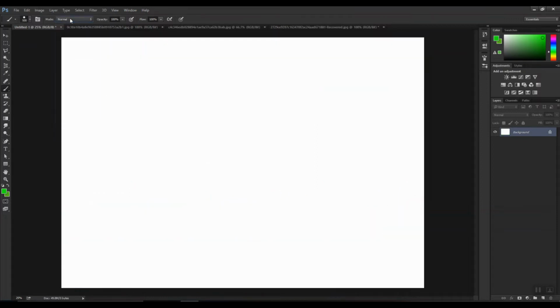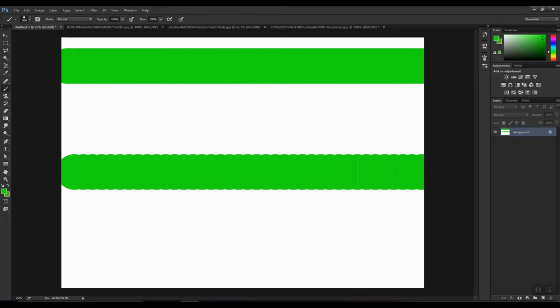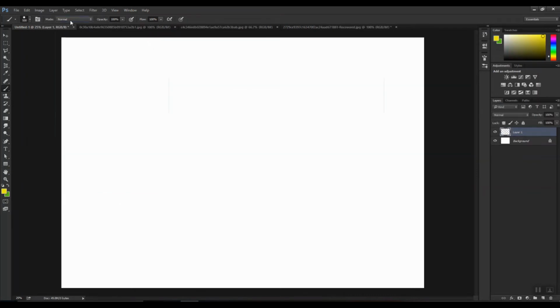Okay, now moving towards what is mode. Before that, let me add one more thing. If you want to draw a straight line using the brush tool, all you need to do is simply press shift. Now you can see within the command you cannot move up or down or make an angular movement. So all you need to do is release your mouse, click, press shift, then drag again to make a new line. Because if you don't release your command, if you make another line, it will automatically start from the end point of the previous line created.